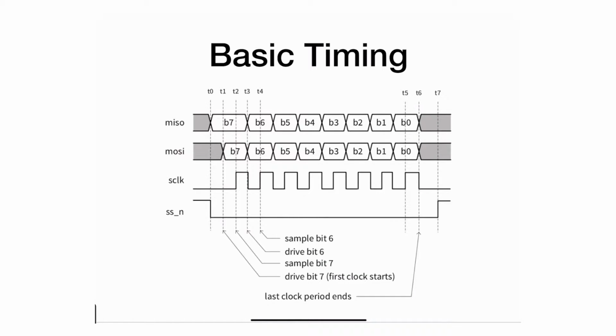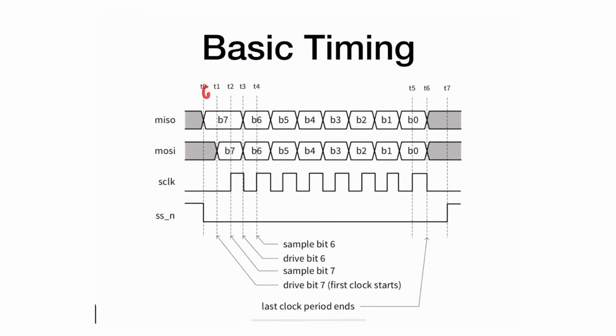When the master wants to communicate with a certain device or a certain slave, it just needs to assert a slave select. So let's assume for the sake of simplicity we're just communicating with one of them. At T0 here, we see that the master goes and asserts the slave select. The signal is sent to the slave select, and a couple of things happen generally when we're actually communicating